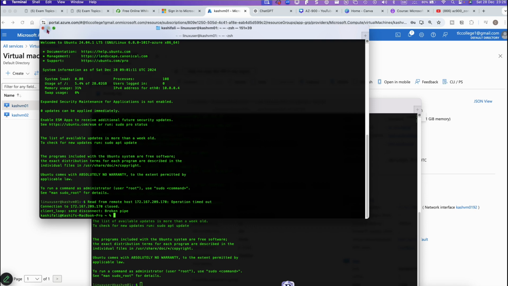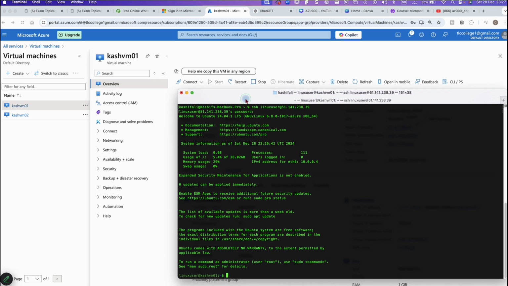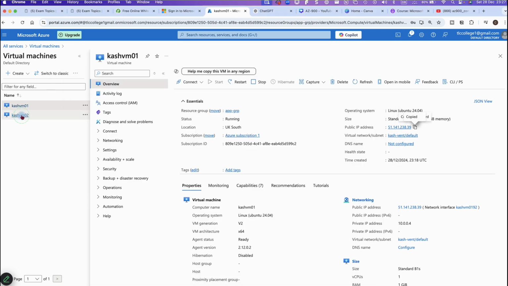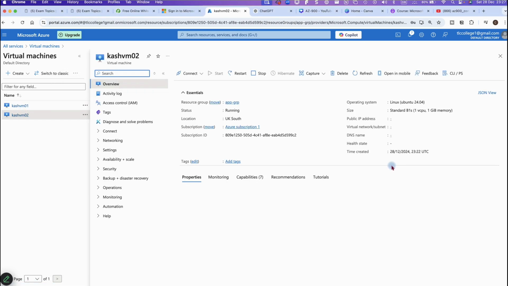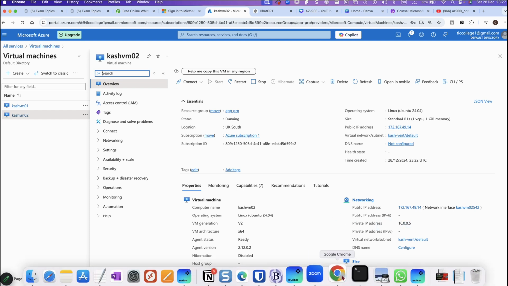Let me close that. So we are in cache 01, and you can see the IP address is 10.0.0.4. You can see that, 10.0.0.4, right? And the IP address of cache VM2 is 10.0.0.5. So what we do now, I just